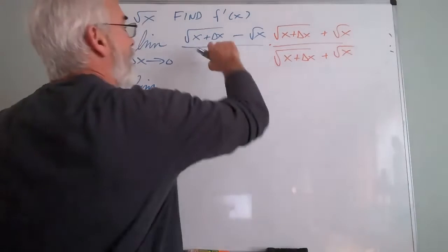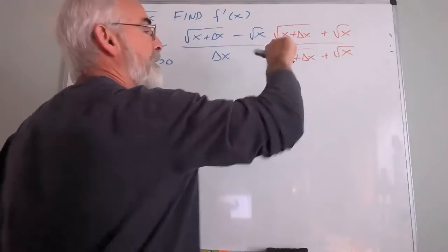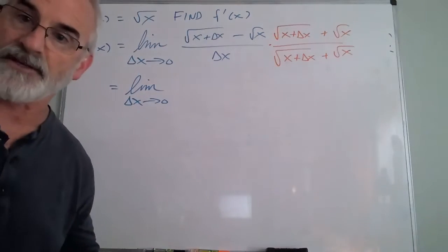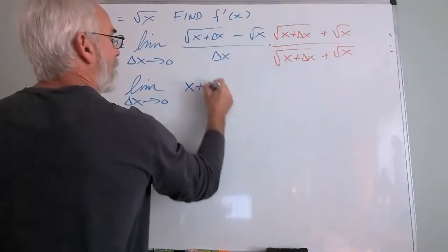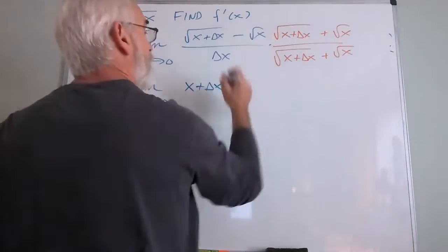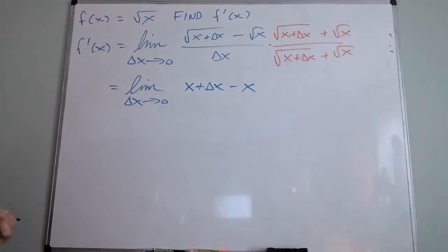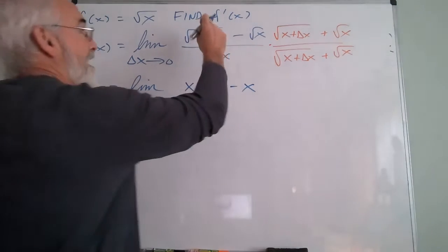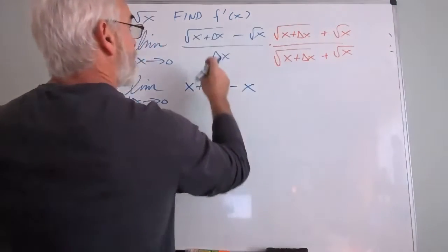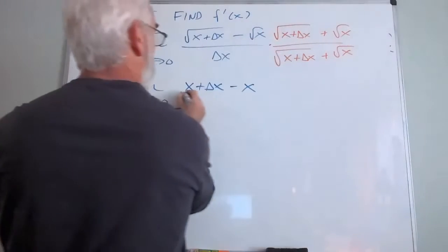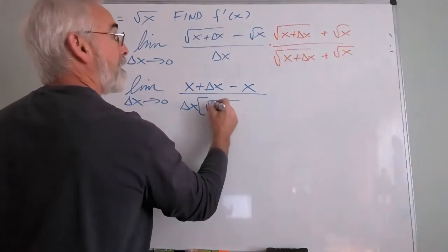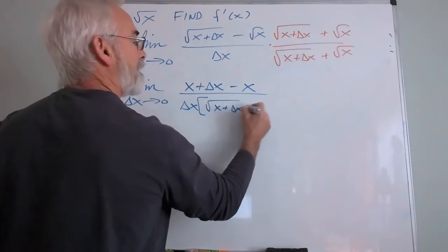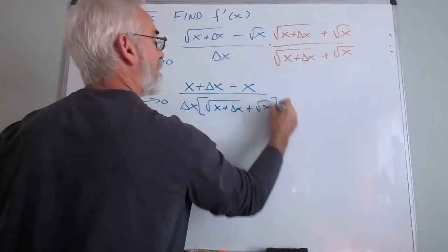So on top, remember, a minus b times a plus b is a squared minus b squared. So I have the root squared minus the root squared. So there's my numerator. That's why you chose the conjugate, because again, a minus b times a plus b is this squared minus this squared is my result. On the bottom, I have delta x times x plus delta x under the root plus